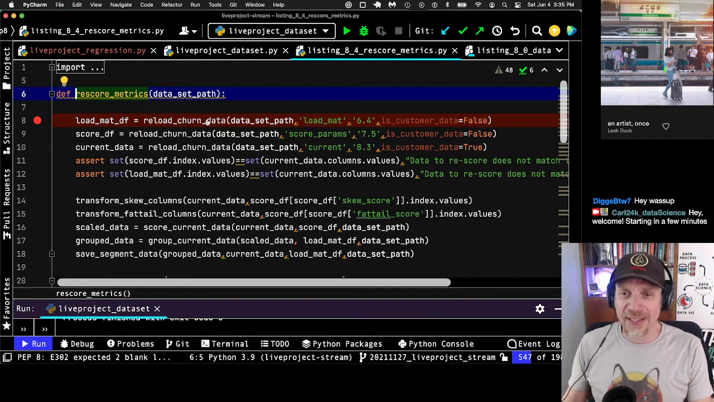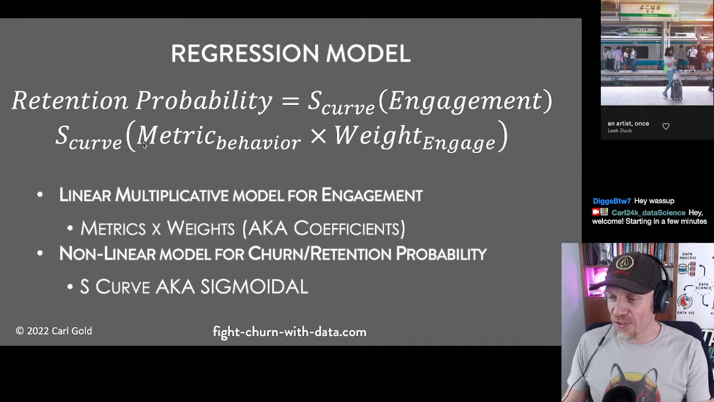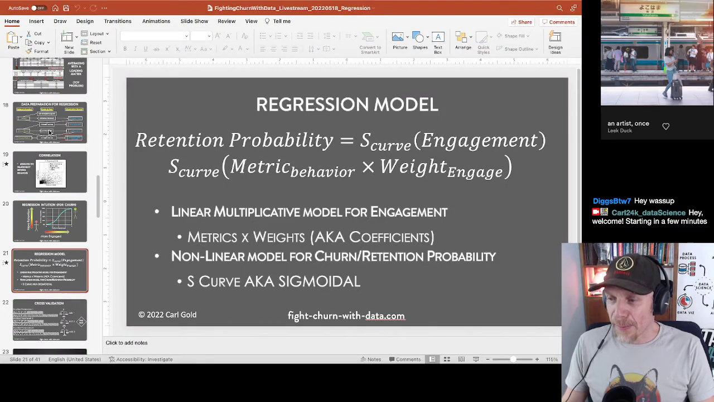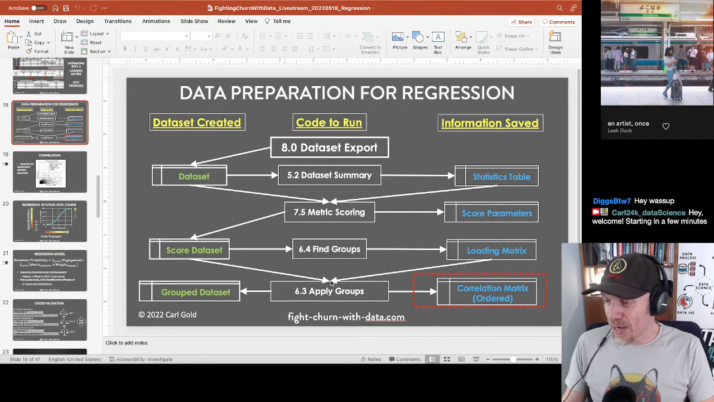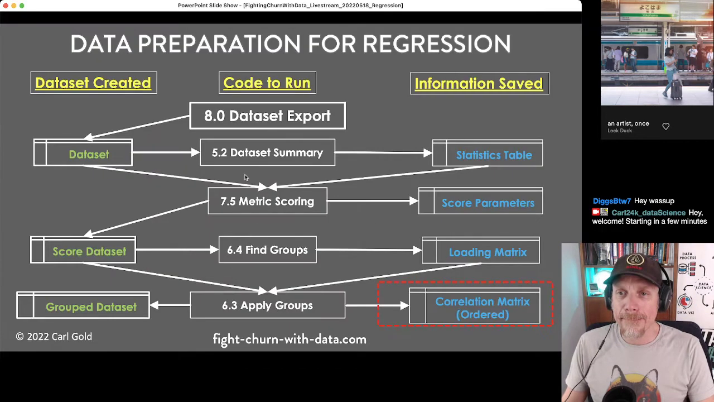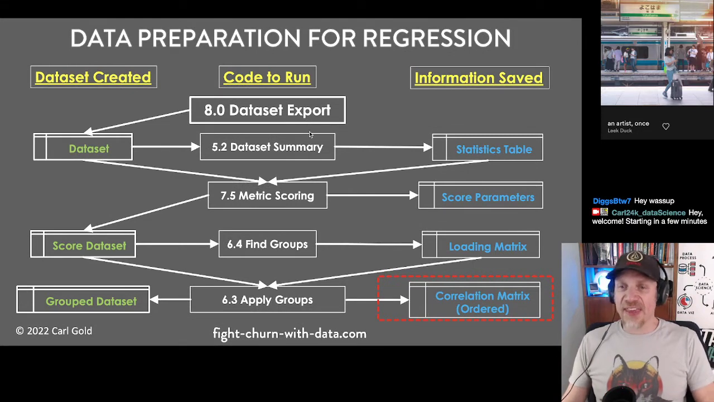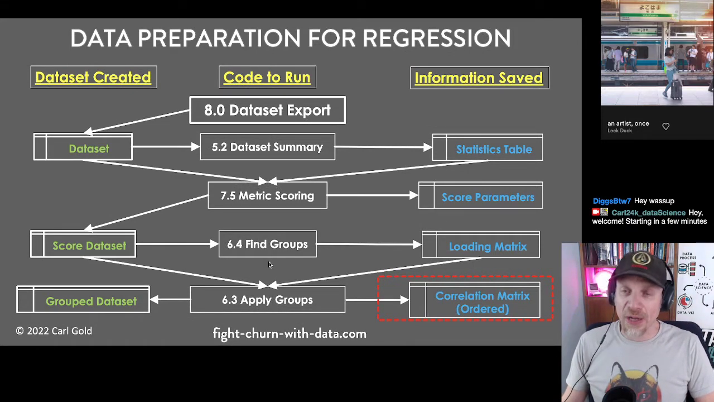Maybe I should go back to that. It's going to redo all the steps that we did earlier with the data preparation. I'll remind you with this slide. It's going to redo all these steps, but the key thing is it's going to redo the scoring and the grouping. Well, it's going to redo the application of the groups, but it's not going to redo the calculation of